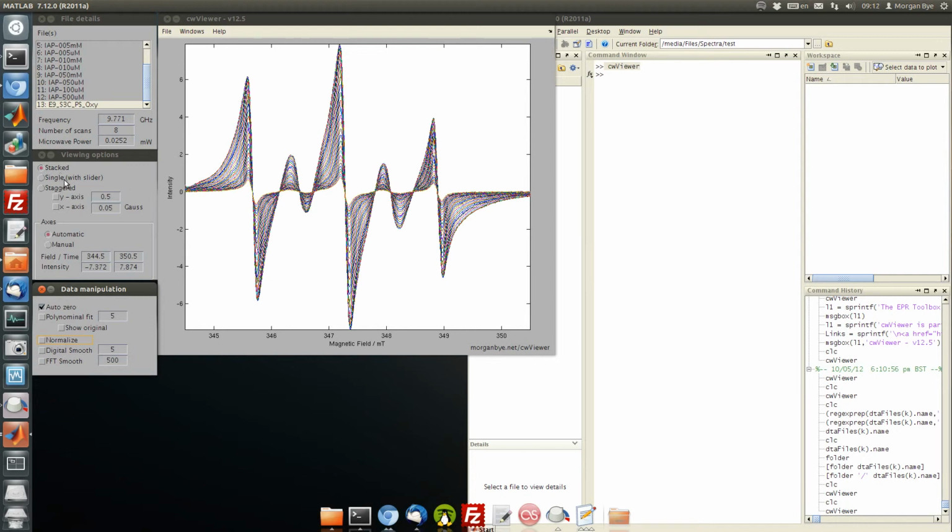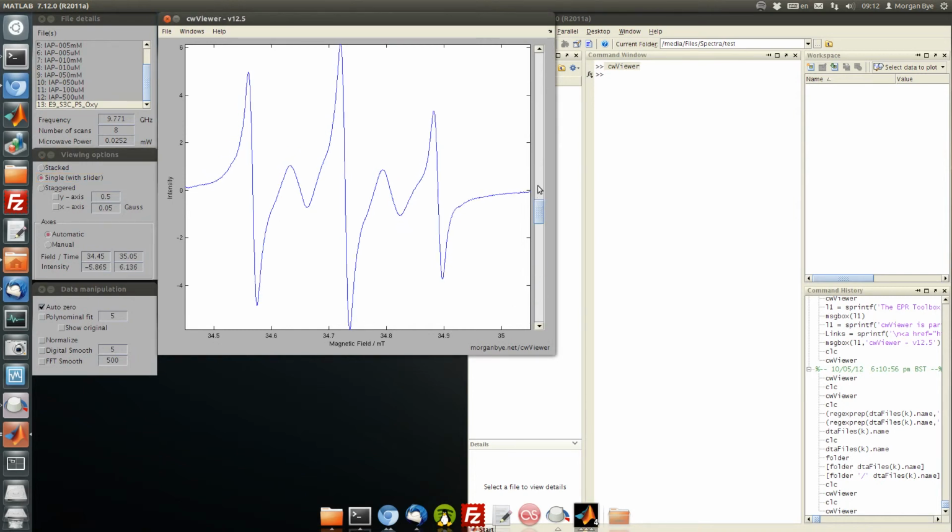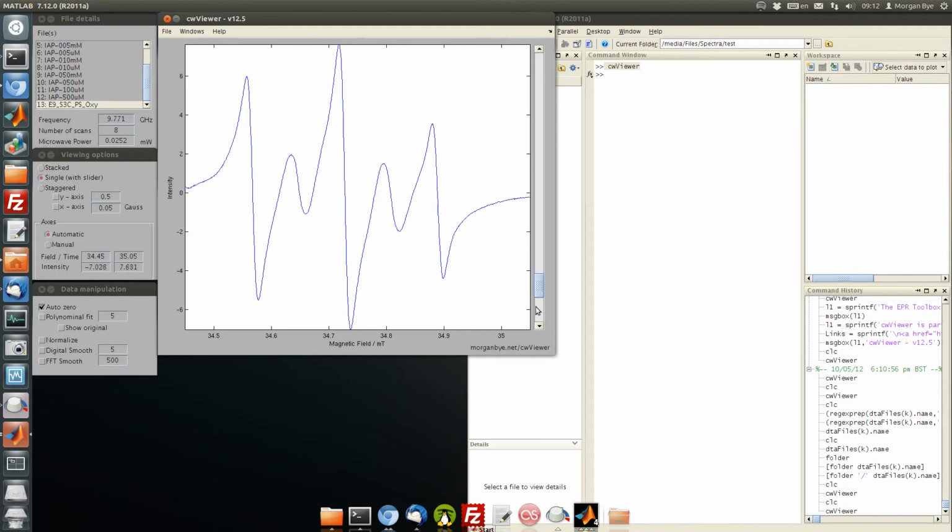So for that reason, I've included a few other options. The first one I'll show you is this. It's a single slider, so when you click it, you automatically have just one spectrum plotted, but this little slider on the side here has now appeared, and from this slider you can then just click through and see every single one of your spectra individually, which I think is a very nice feature to have. So if you want to see a particular spectrum,